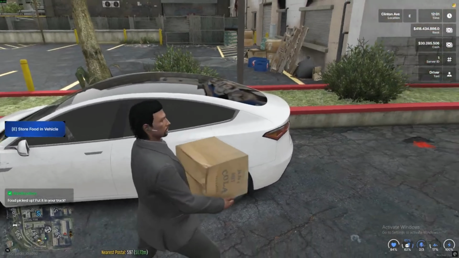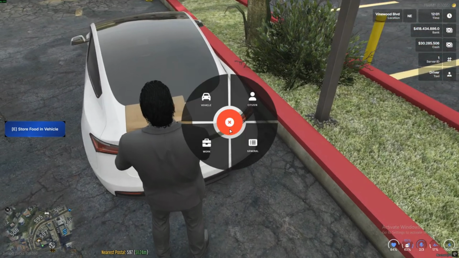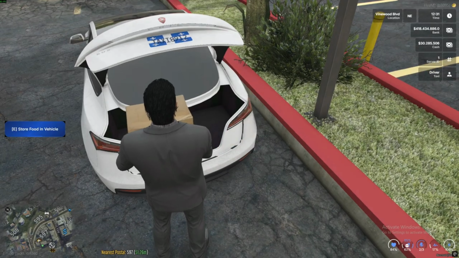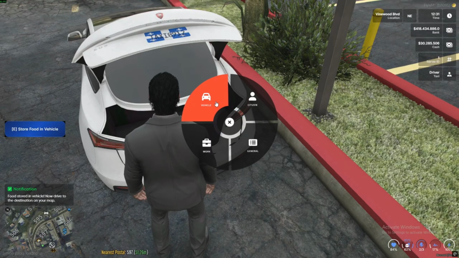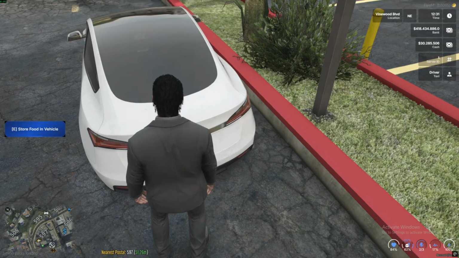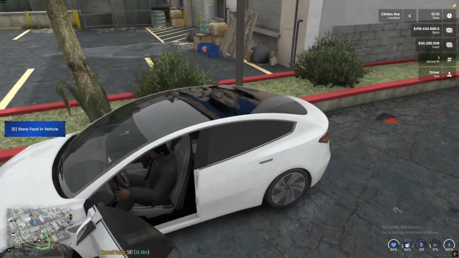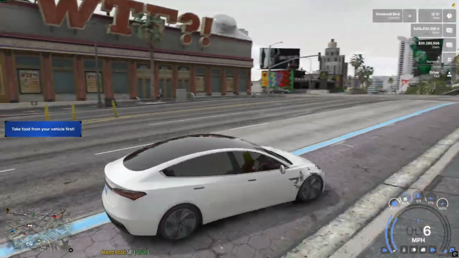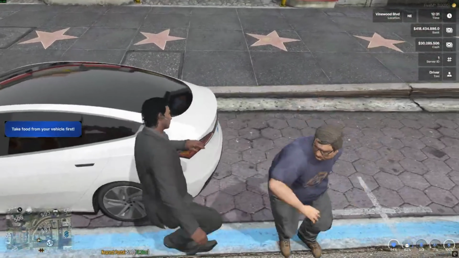When you go to the order, you'll have an animation. You have the box in your hand. You'll have to open your trunk in order to put it in your vehicle. I'm still working on possibly just having a key to open the trunk, because the whole radial menu thing could be kind of troubling. When you get to your vehicle, you get in and then you drive. I put the destination pretty close because this is just a test video. So you drive to the destination. Person wants to fight me now.